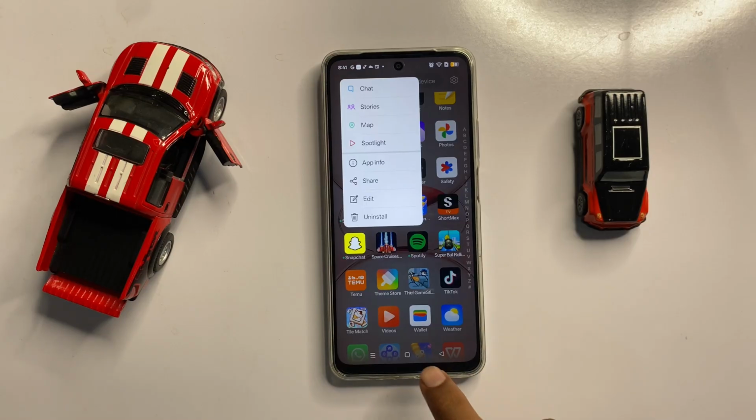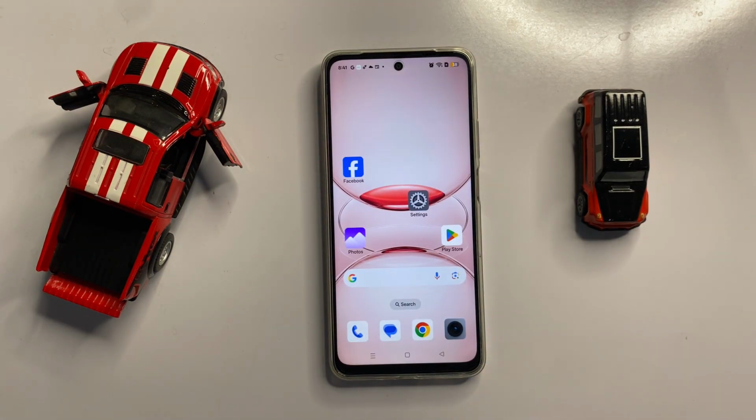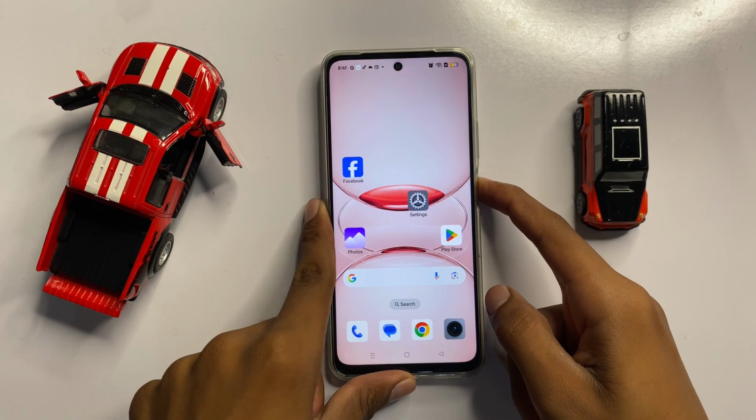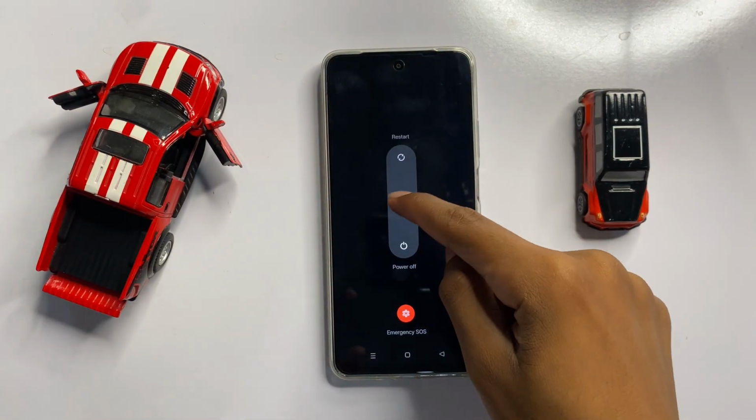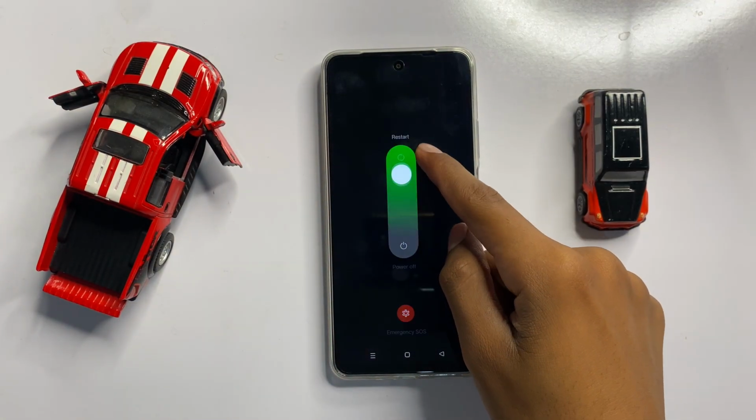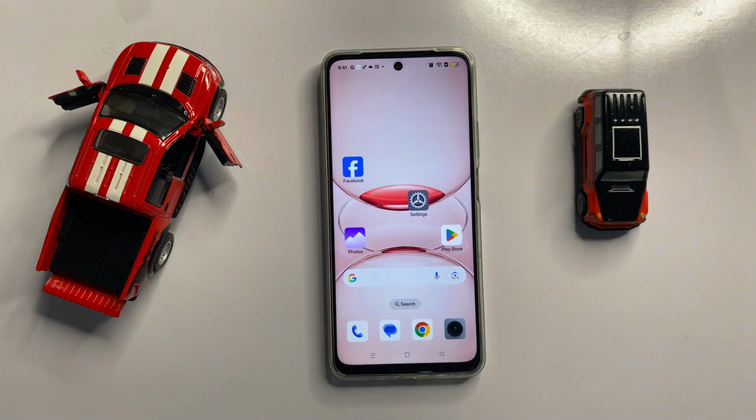reinstall it. After that, restart your device. To restart your device, press and hold the power button and then swipe up to restart your device. After doing these steps, your problem will be